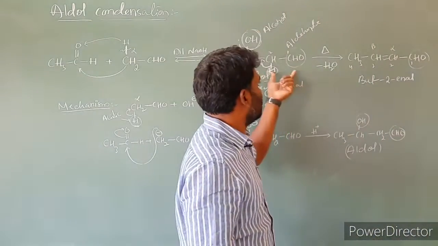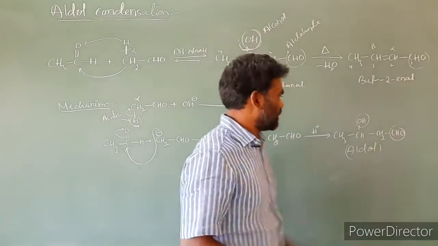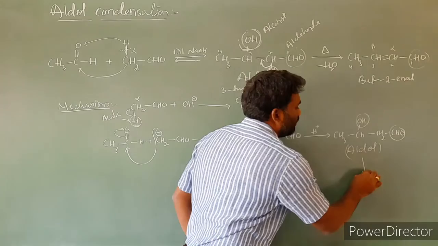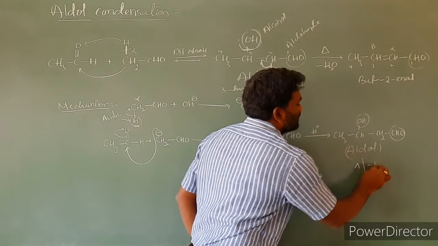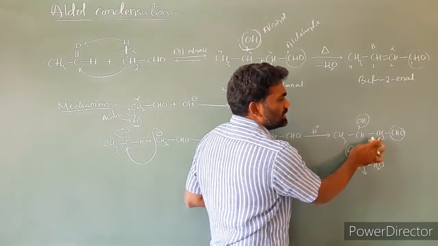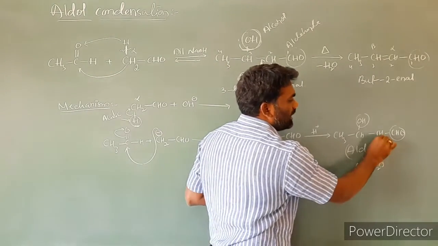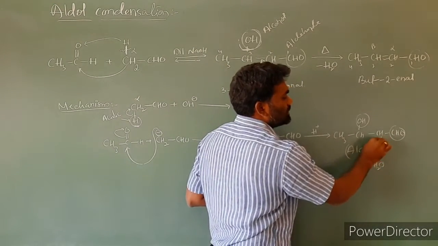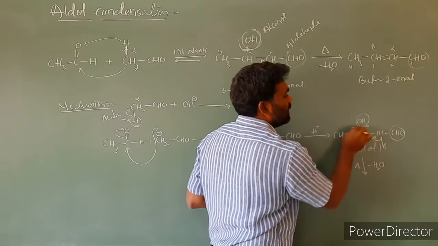This is the first product. Upon heating, this is the second product. Then what we have to do is heat it. If we heat, there is a loss of water molecule. How do we remove the water molecule? This CH2 is there; I am writing it as CHH. This bond will come here. This bond is going to get cleaved.